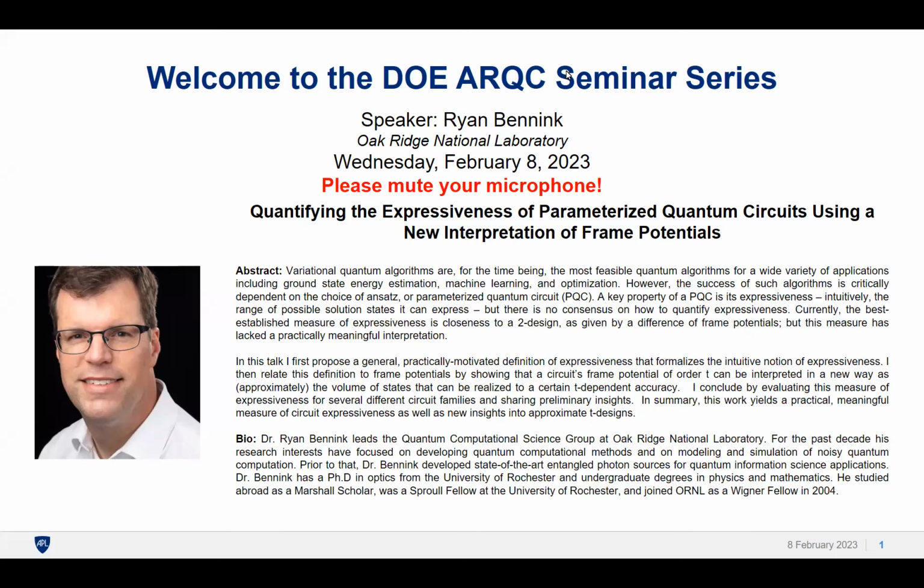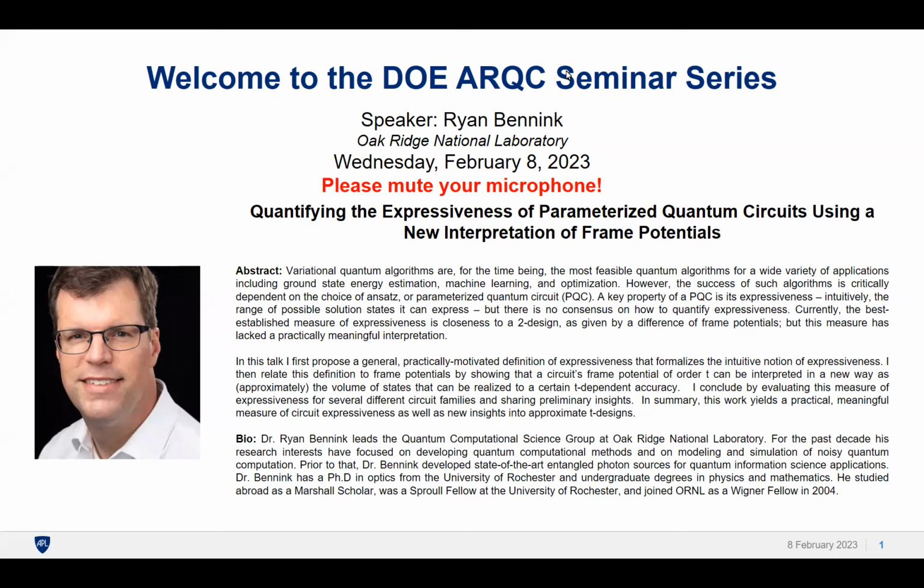This is prevalent in optimization, quantum machine learning, and quantum chemistry. But in all these applications, a key to the success is formulating an appropriate ansatz. You want your circuit ansatz to be able to prepare any desired state within some target class. On the other hand, you don't want it to be too general or too complex. If it's too complex, you will have a hard time doing it on the hardware. And also, if it's too general, then it'll be difficult to optimize.